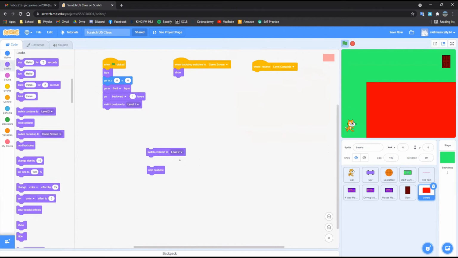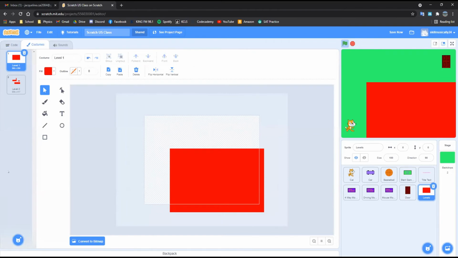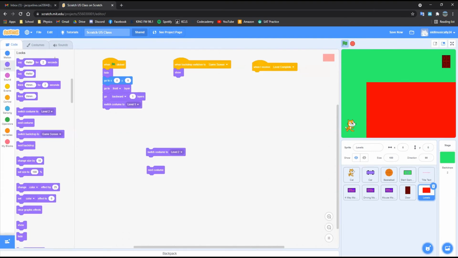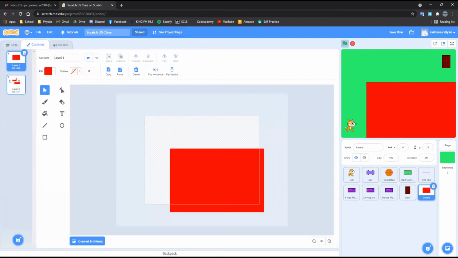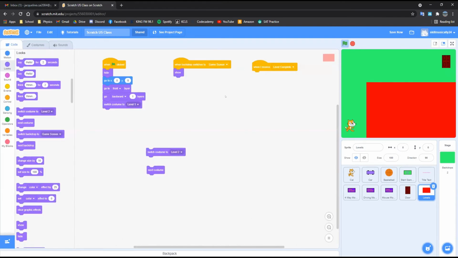Well, what we can do is to use the switch costumes, but what if we had multiple levels? What if we had like 10 levels, right? Then we would have to broadcast so many messages just to make it go to each level. But instead, if we use next costume, then the costumes will just change one by one, and we only need this one broadcast message instead of like 10, right? So we can bring this underneath the when I receive level complete, and now if I test it,